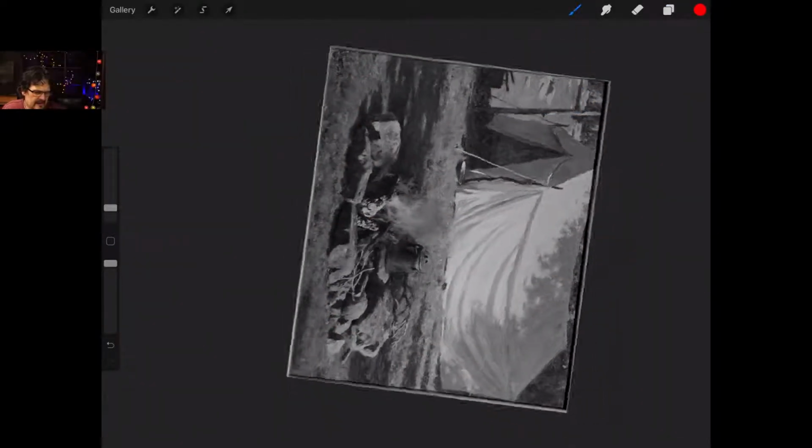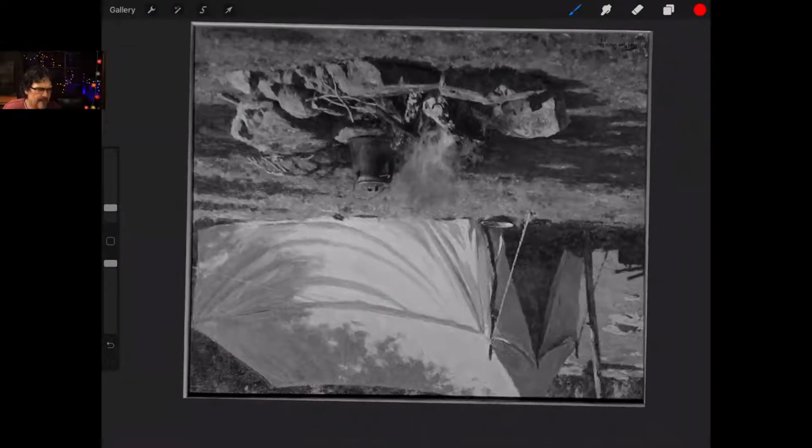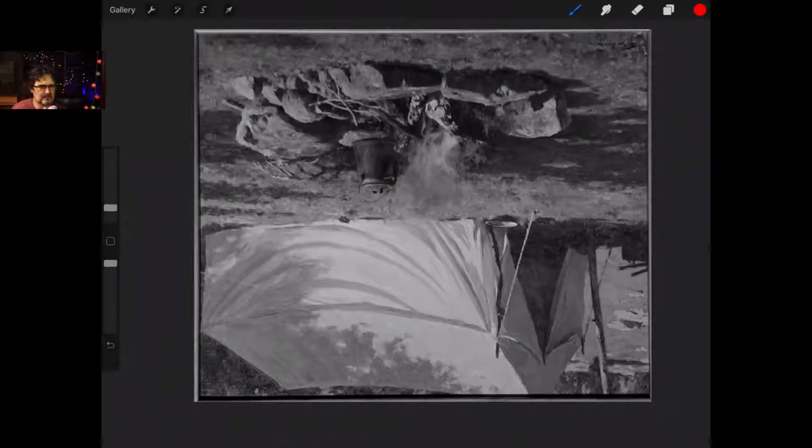So do you guys see that value pattern? In some ways it's absolutely so simple, that only a master could do that.